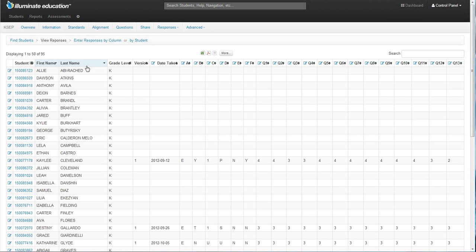Okay, now that it's found my students, I'm ready to enter the data for the questions A through F, and then questions 1 through 13 from the KSEP. There's 2 ways you can do this. You can either enter the data student by student, or you can enter all students for one column. It just depends how you want to do it. You can enter responses by column, you can enter responses by student. If I pick the student,